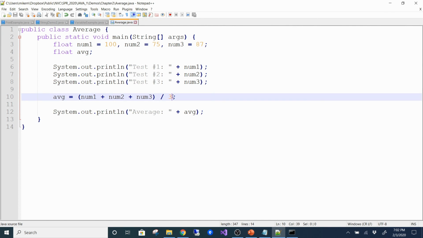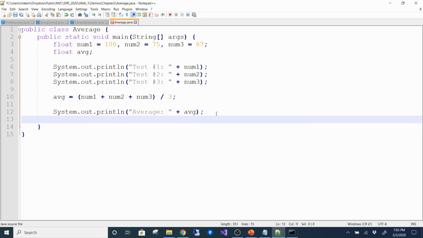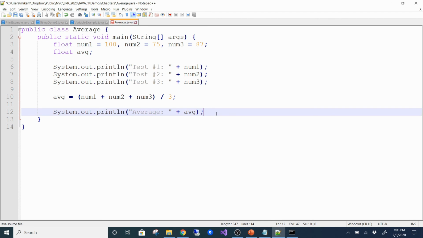Now, this 3 is in this equation. That's something that I want to remain constant. Let's just say this is a program that keeps prompting students to enter their 3 test grades. And there's several places where I'm using this 3, right? The next time I'm asking somebody else to enter a grade, I have the same equation done somewhere else. So if you know that you're only going to ask for 3 test grades, you can come up here and